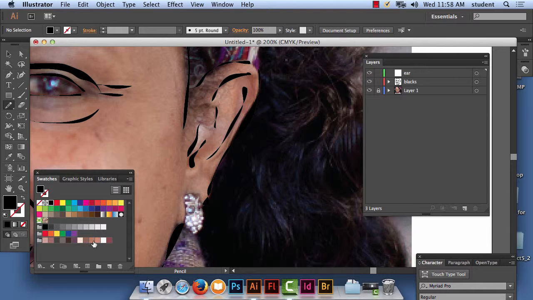So I'm going to choose a medium color, and I'm going to use the same pencil tool, and I'm going to put the ear under the black layer because I want it to be under the black layer. And then I'm going to just draw the whole shape all the way around,